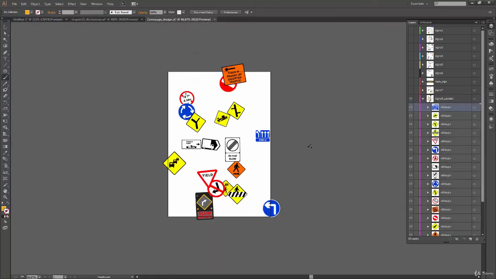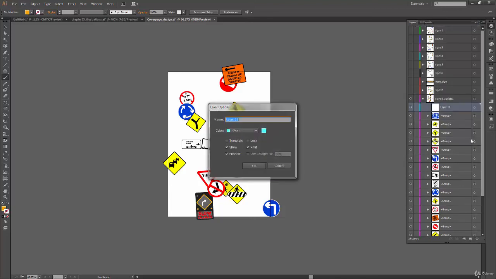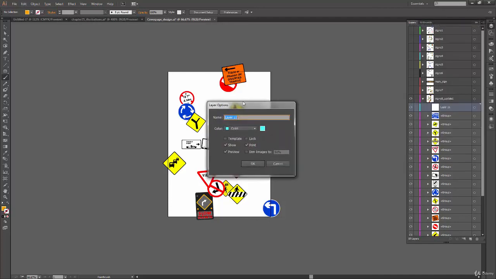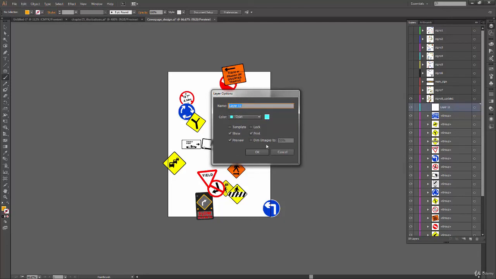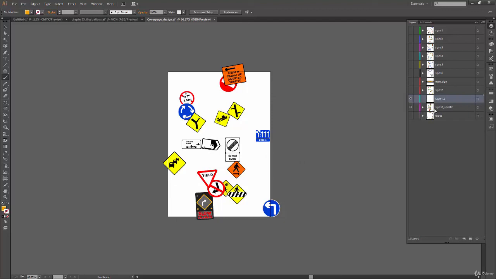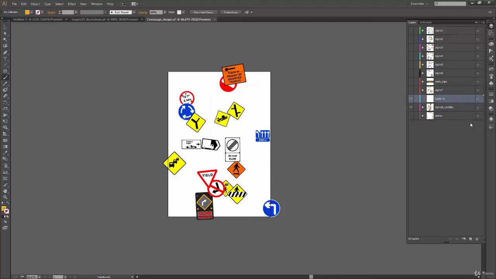Okay, now let's see the last option we have available here, which is called new layer. We have seen this option before from the bottom right icon, which is also a new layer. It works the same way, it just creates a new layer. The only difference is when you create it from here, you get this option window just after creating a layer, and you can rename all these things. From the icon you don't get this option. It just creates a layer and you have to manually open the layer option and change all the settings yourself.